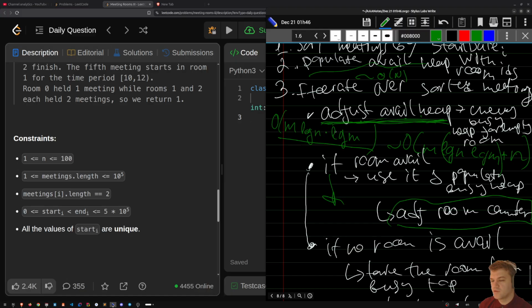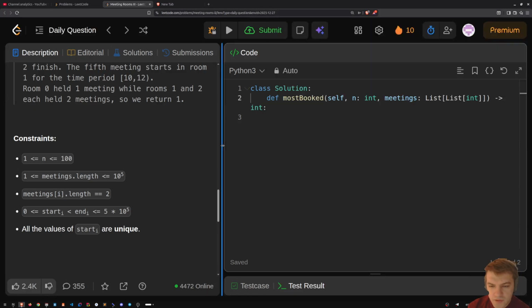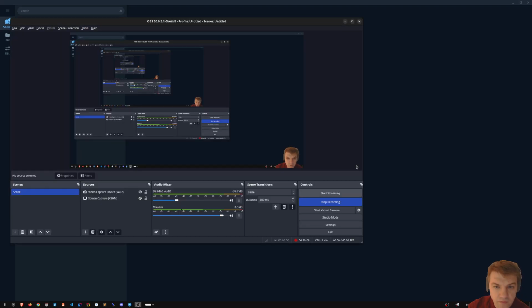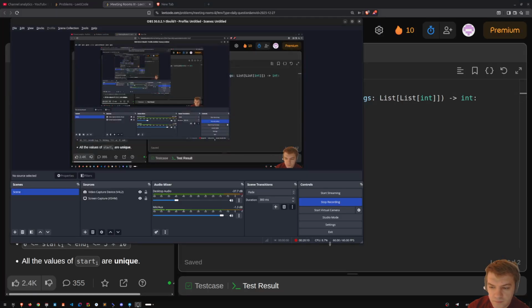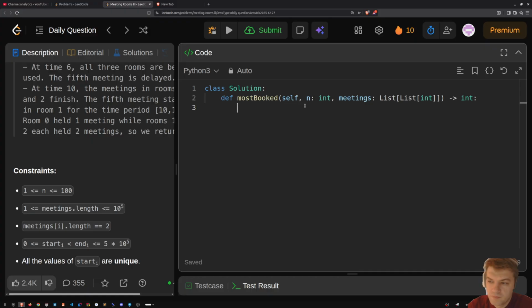And the space complexity, so I need to keep the heap, actually the two heaps, so it's going to be O of m plus n. So let's solve that. Let's check how much time I have. Okay, so here, first I will sort the meetings. Sort. Then I'm going to have this available array, or like heap,